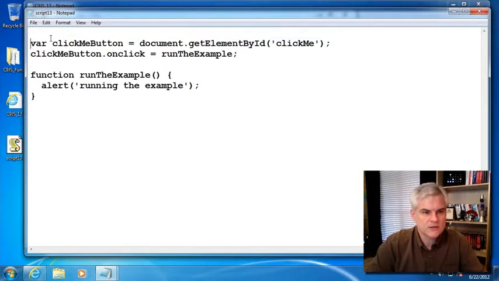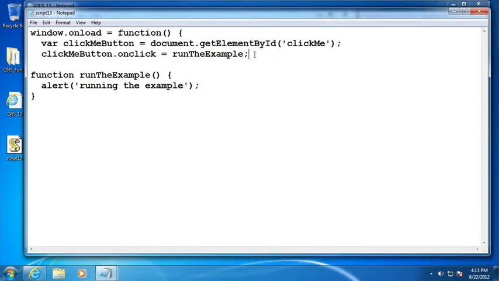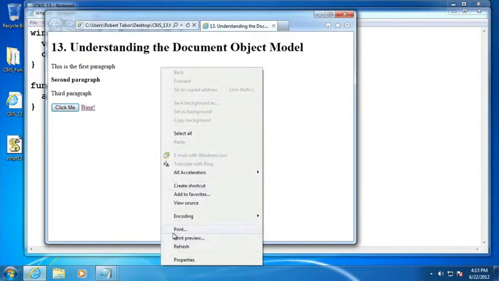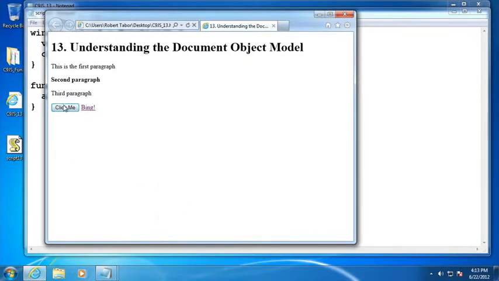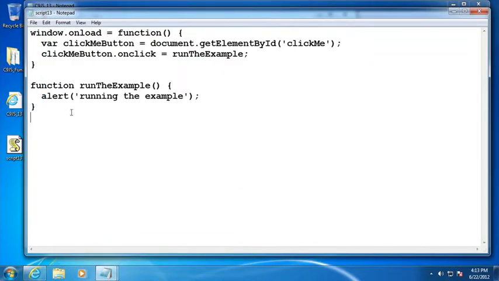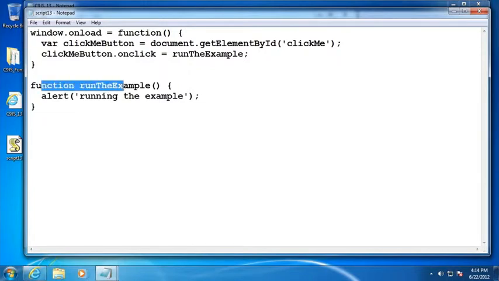And what will work? Well, here's what I'm going to do. So go window.onload equals, and then I'll create an anonymous function, and that anonymous function will just contain these 2 lines of code in it. All right, so let's save this. Let's refresh that. And now when we click the Click Me button, we get the running the example alert box to show up